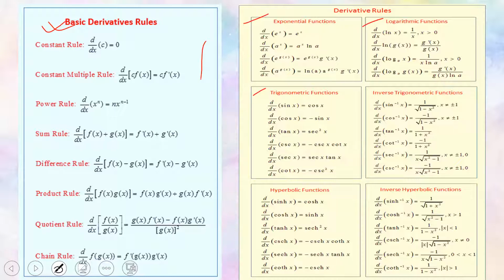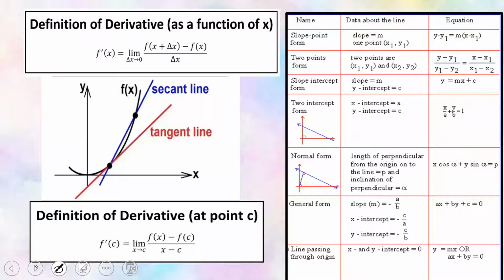their basic rules. And also recall the definition of the derivative, and the derivative at a certain point is represented by this function, and the geometrical meaning of this derivative, that is the slope of the tangent at this point, and the equation of the lines, that is the standard form and the general form. So recall the general form and all these standard forms, and how to represent the equation of the line and how to find the equation of the line. So recall all these steps.